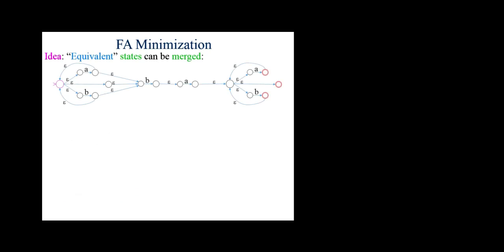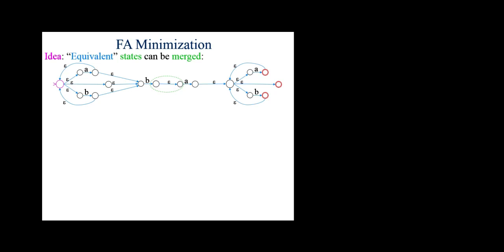Now let's talk about minimizing finite automata. Here's a machine from the previous slide. This machine works, and this will do the job, but that's not to say that this machine is the best machine for the job, or the smallest machine for the job, or the most obvious machine for the job, just like programs. You can have a very large program that does something very simple, and it's really wasteful in terms of expression, lines of code, even execution time. So we're going to start collapsing certain states in this machine and reducing the size of the machine in a systematic way that doesn't change its function.